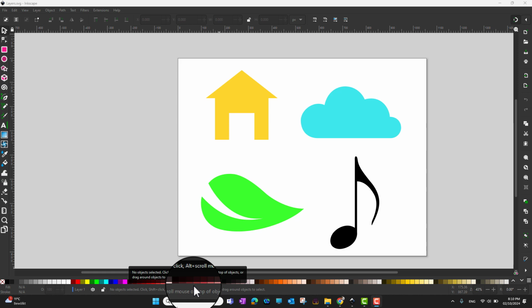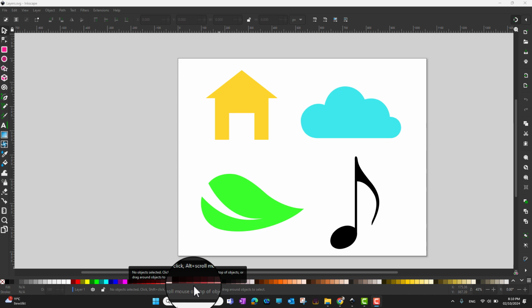Hi guys, welcome to another Inkscape video tutorial in which I am going to explain how you can work with the layers in Inkscape. So, like many graphic applications, Inkscape offers you the ability to organize your artwork with different layers. And besides organizing your artwork, there are several reasons why you would want to put your objects on different